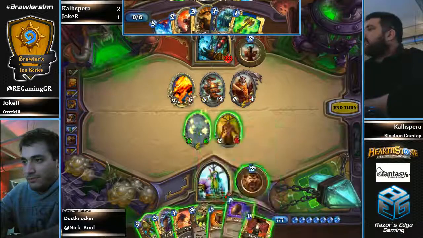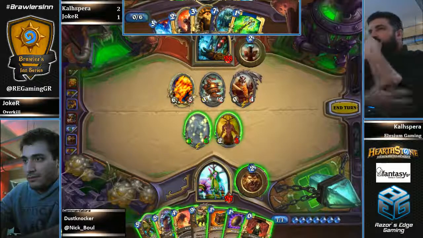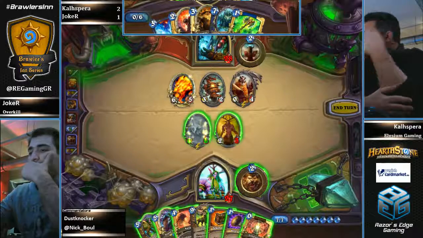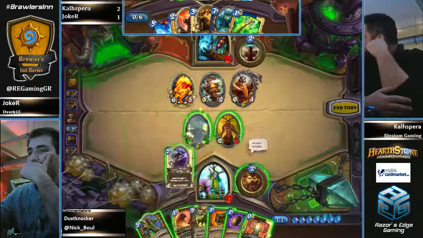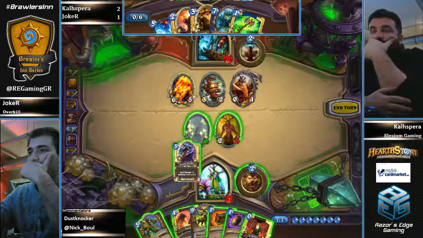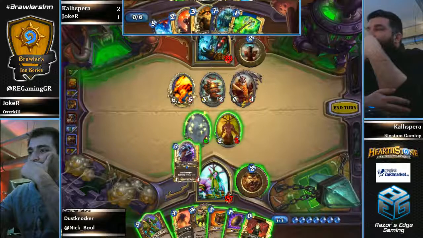Okay, so right now, what Joker can do is reveal his Shade, kill the Lore Walker, play an Azure Drake, and Innervate out Swipe and clear his opponent's board. And I believe that he will be forced to do that. Of course, he's going to start with...